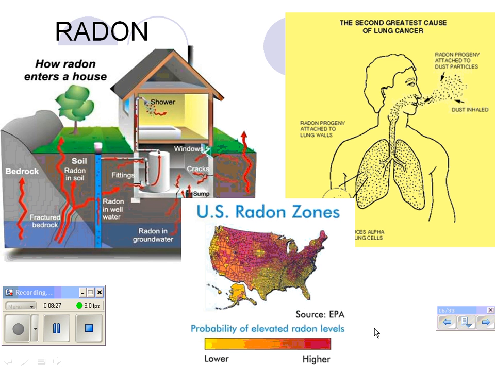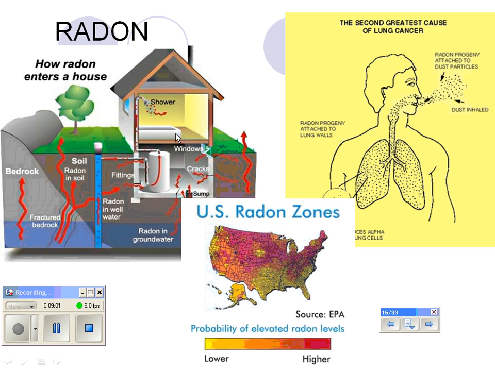All right, let's look at radon. Radon is a naturally occurring gas. It is formed from the decaying of uranium, so U-238, and it originates from our bedrock, so from underneath the ground. We have radon that seeps up into our homes. You can see from this picture, from the bedrock, it goes into our water wells. If you have well water, it can go into your basements, into the cracks of your home, and eventually enter your